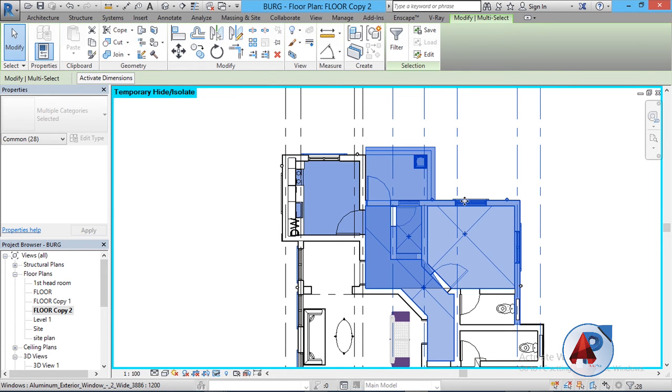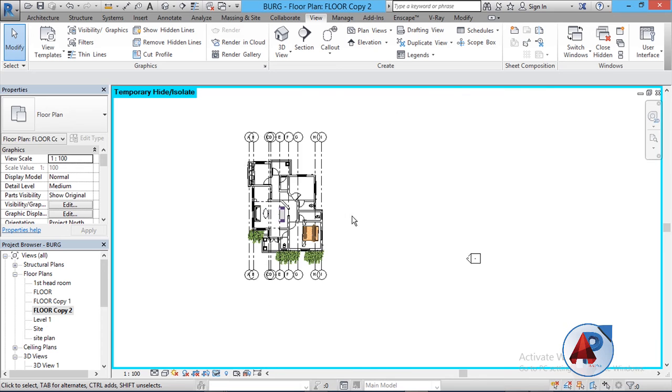If you wish to remove one or two things, you hold your Control and remove them. You can also add by holding your Control and adding other elements into it. So that is one of the powerful ways of making selection. And finally, the broadest of all, how you can make a multiple selection.